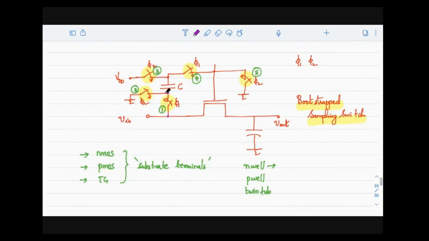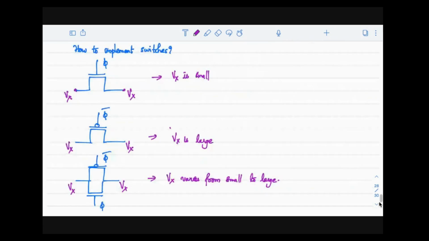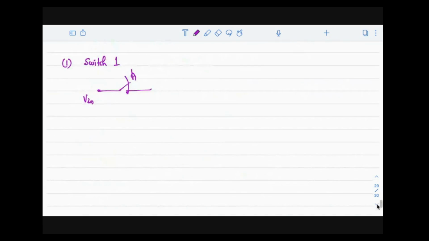On this side, the voltages can be 0, that is ground, or it can be VDD, because whenever the switch is closed, you can have a variation up to VDD, right? Sorry, very sorry. On the other side, you have just a 0, correct? But now, since this side is V in, what we want is that V in can vary from 0 to VDD.